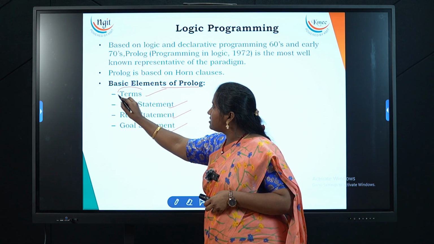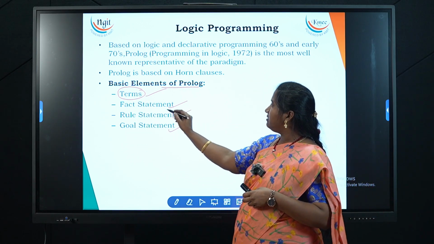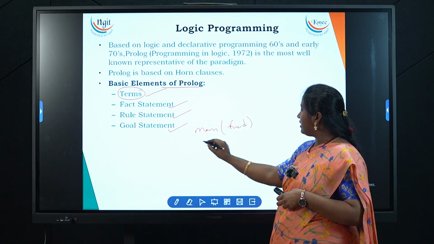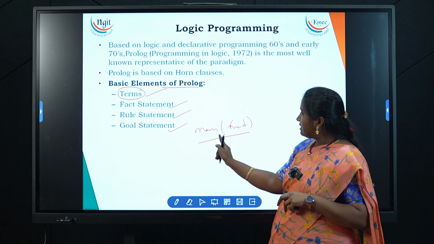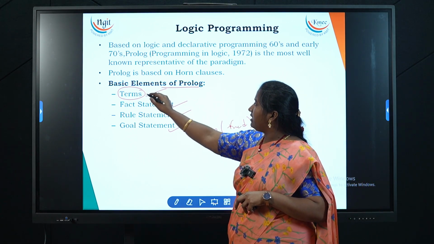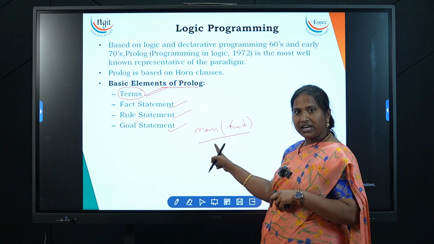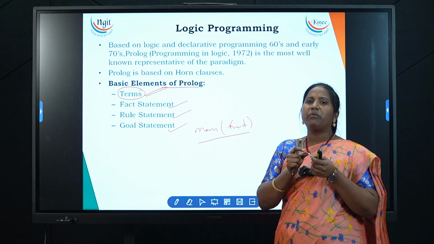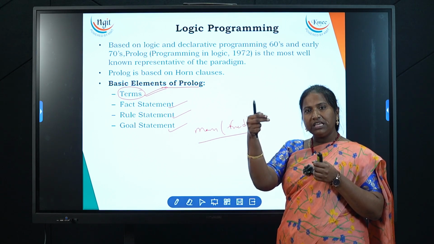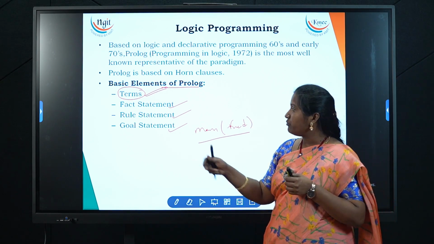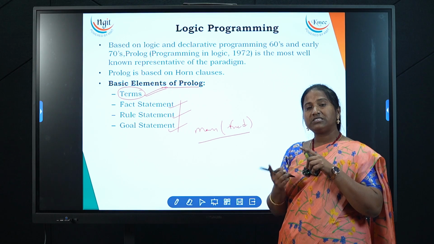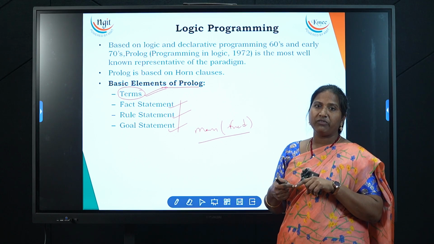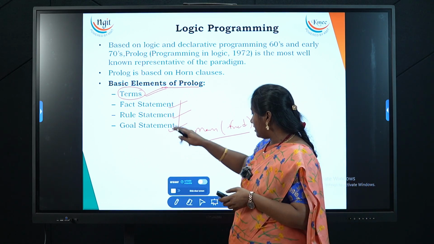So term is what? It is a common element. When I find a statement, let's say the statement man Fred, this is a declarative semantic in Prolog. This statement will have terms. If you say it is a fact statement, it consists of terms. If you say it is a rule statement, it consists of terms. Term is a common element which you can identify in each statement. Now the difference will come with these three statements: how a fact statement will be written using terms, how a rule statement will be written, how a goal statement will be written, that differs. Terms will be the common thing.